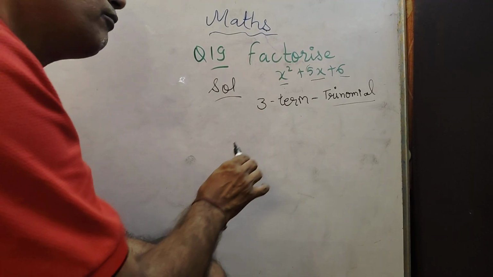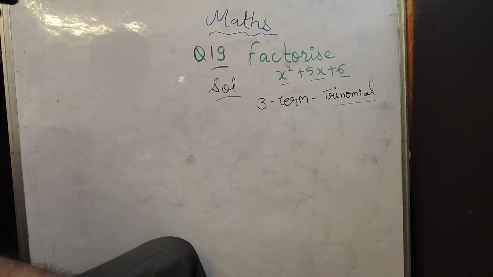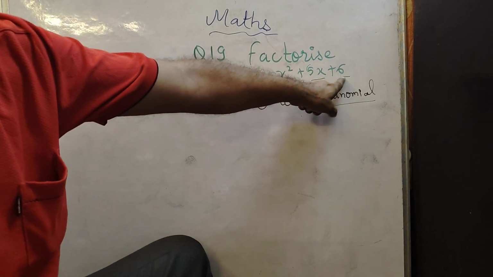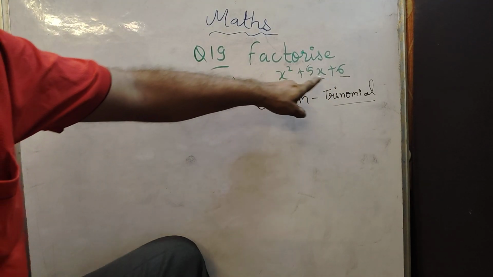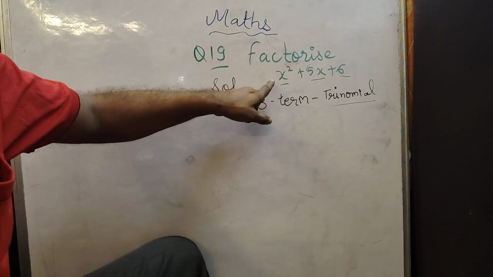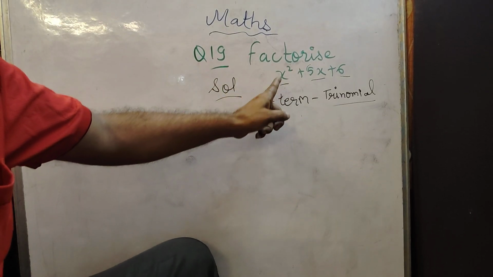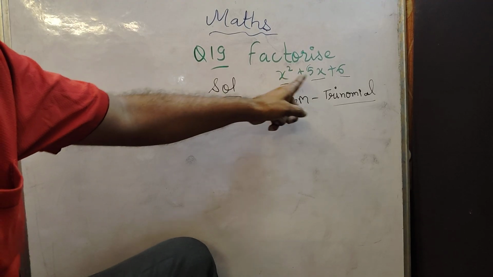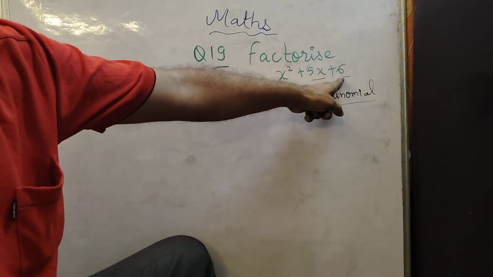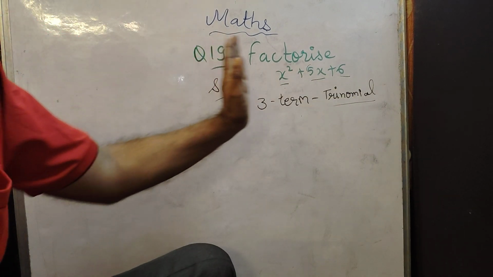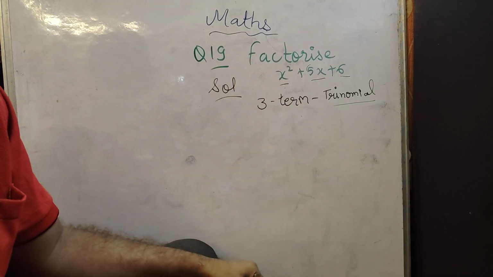In converting to four terms, we should know that the outer terms are 6 and x square, and the middle term is 5x. This is the first thing we have to know, and we have to write the expression in decreasing power of x. So here is x raised to power 2, here is x raised to power 1, here is without x, raised to power 0, it means. So first we write it in decreasing order, as is given in the problem also.